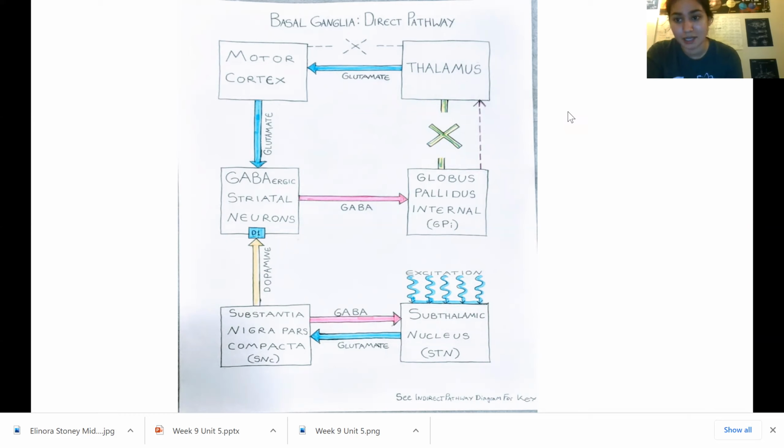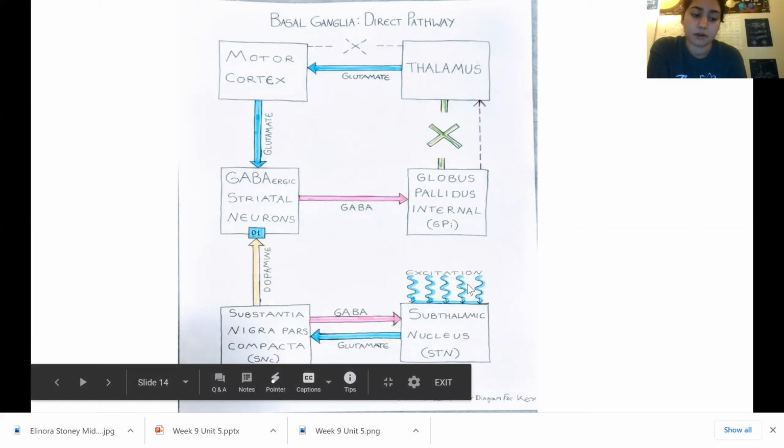Direct pathway inhibits GPI. So these striatal neurons send their GABA directly to the globus pallidus internal, inhibiting it, which then stops the inhibition of the thalamus and allows the thalamus to send all of its excitatory move signals to the motor cortex, which then excites motor neurons in the spinal cord, which then excite the muscle cells. And if the subthalamic nucleus is active from other inputs from other parts of the brain,